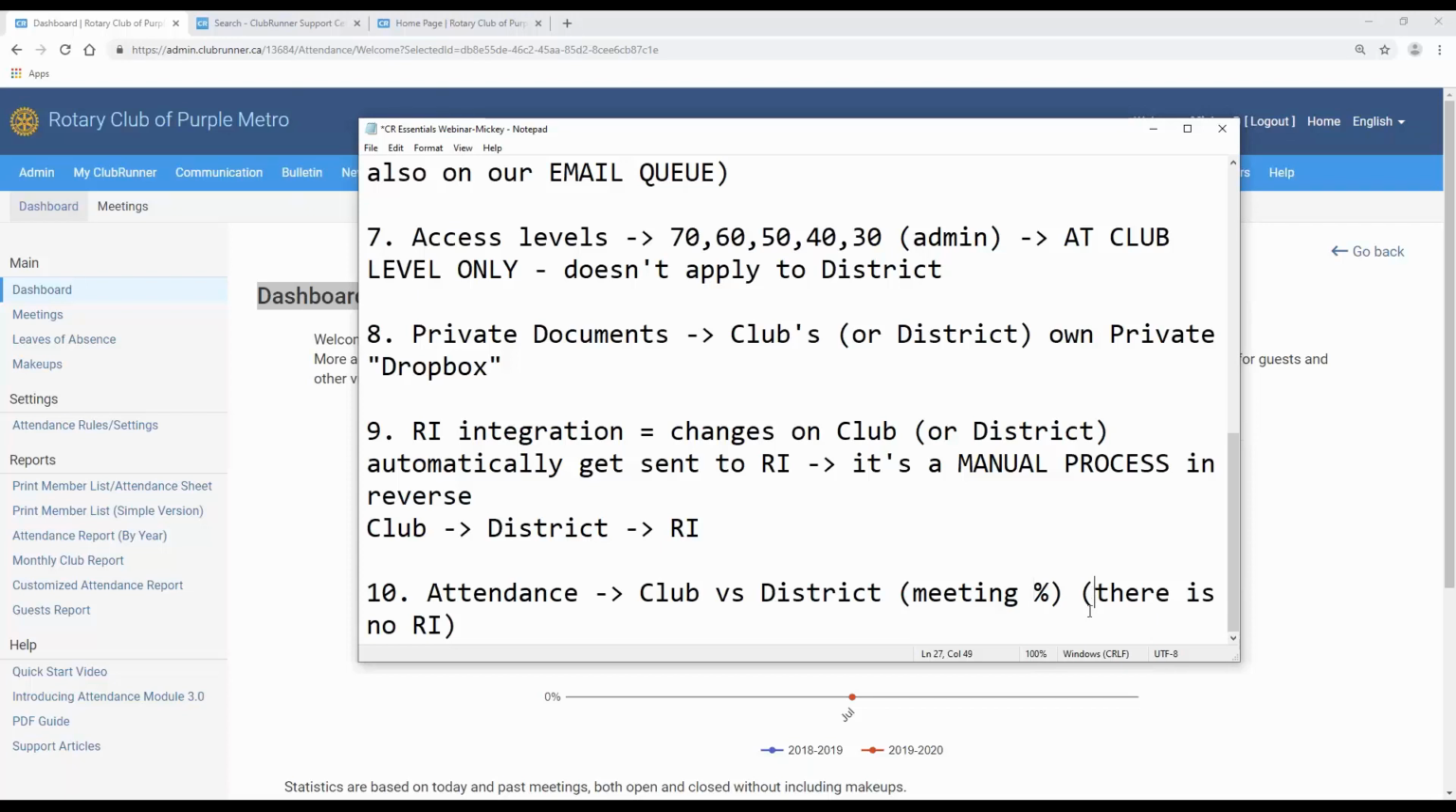And RI, what do I mean by there is no RI? You don't go to RI to keep track of your club attendance. RI does monitor your club and district attendance, and by that I mean they check, hey, how is this club doing in terms of membership, and are people coming to the events? So, but RI is looking at the big picture stuff, because there's 1 million people across the world who are